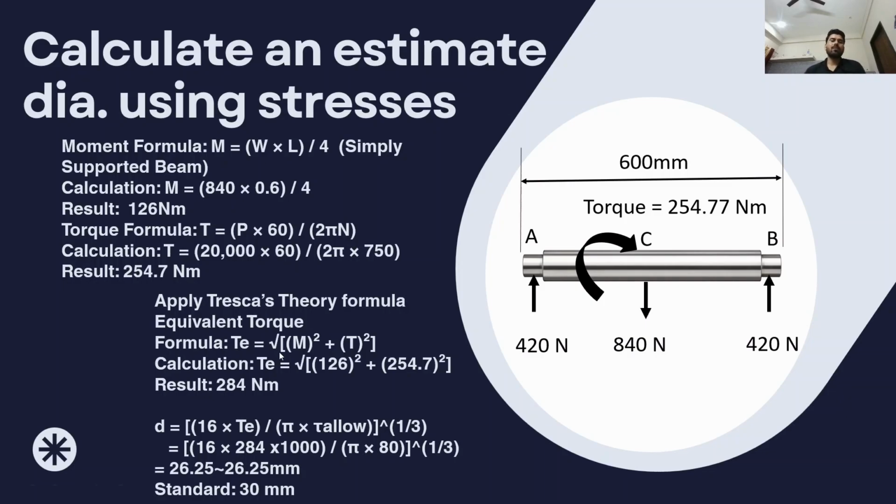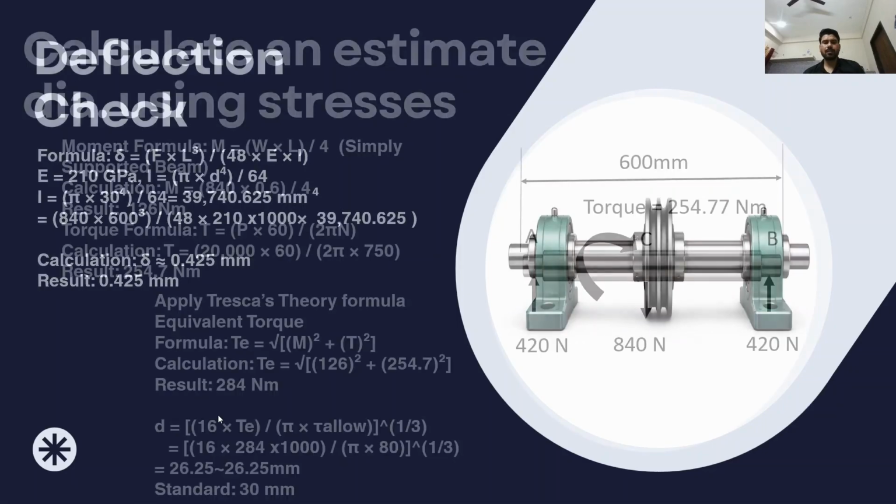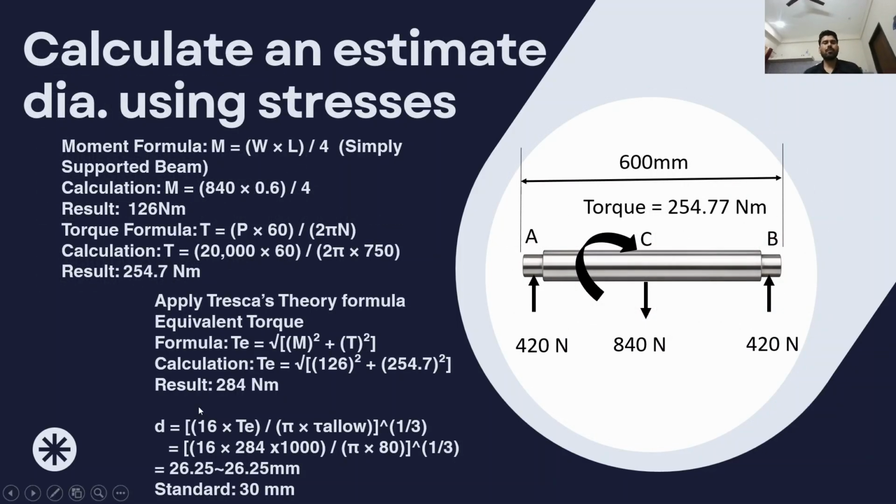For calculating the equivalent torque, TE is given by square root of M square plus T square. After putting the values in the equation, the square root of 126 square plus 254.7 square gives me 284 Newton meter. And if we solve for D,